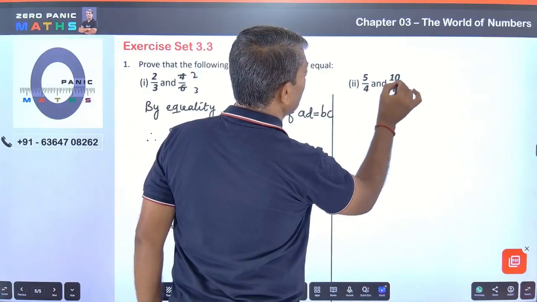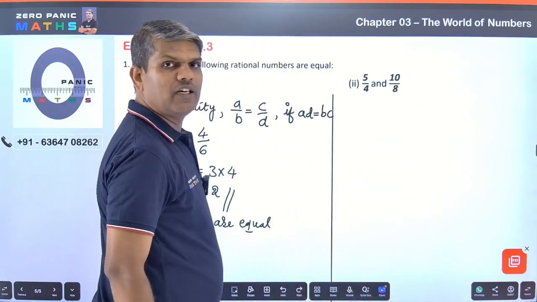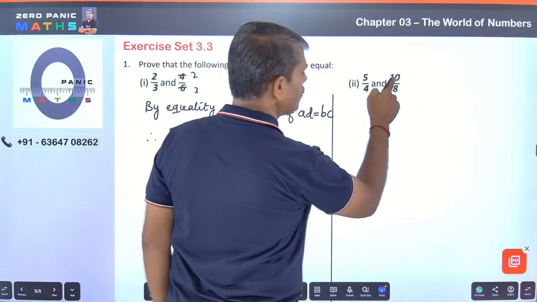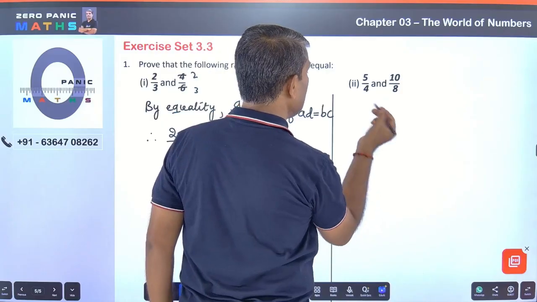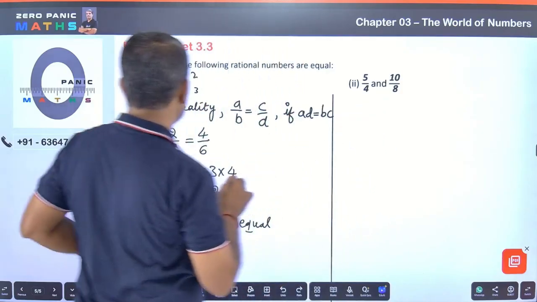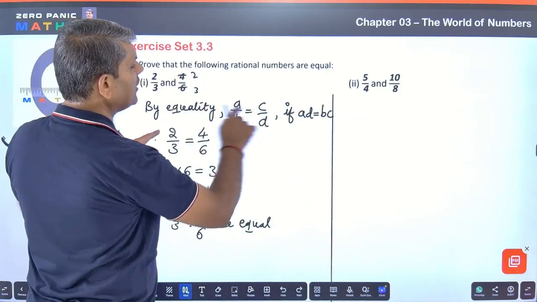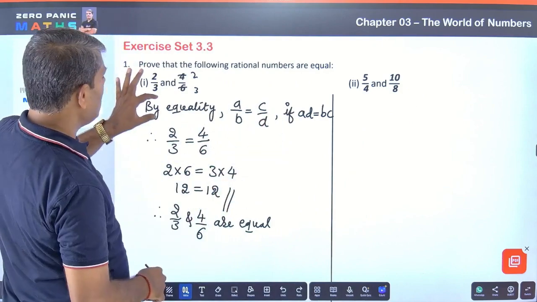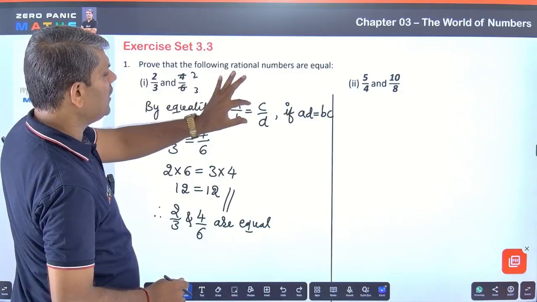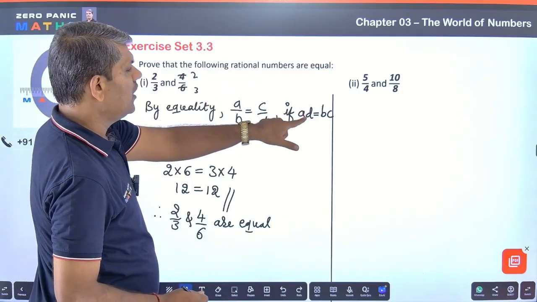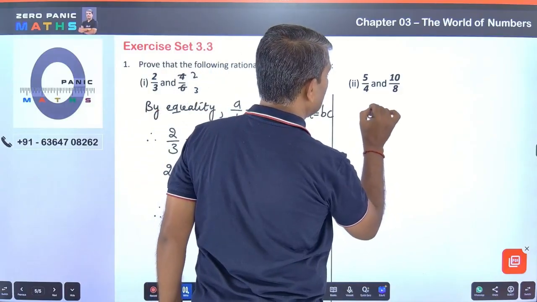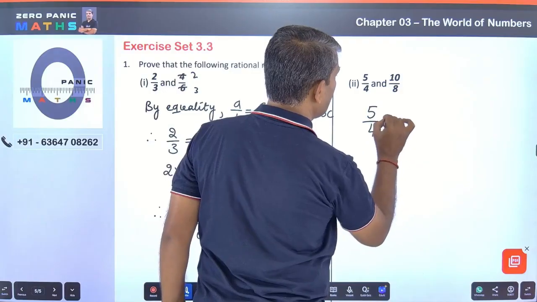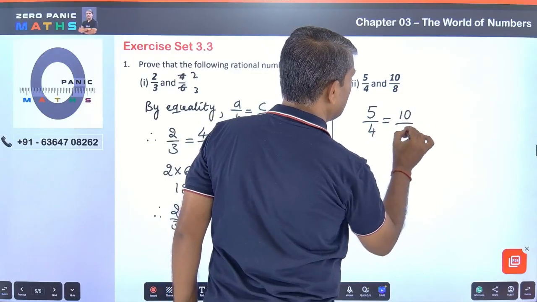Here also, if you want to prove that 5 by 4 is equal to 10 by 8, that is also, if you divide by 2, 5s and 4s, it will become 5 by 4 only. But by the equality law, I will not write it out again, you have to write it again and again: by the equality law, A by B is equal to C by D if AD is equal to BC. I am just going to write directly that 5 by 4 is equal to 10 by 8